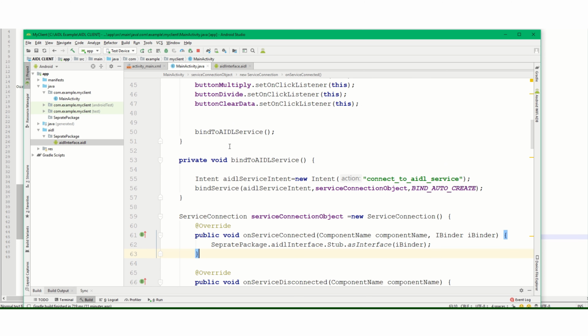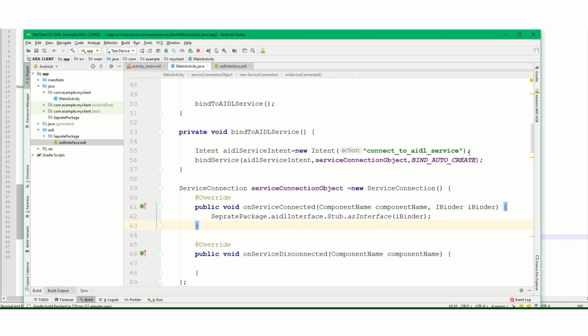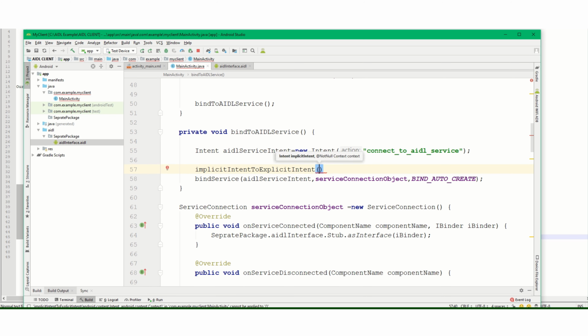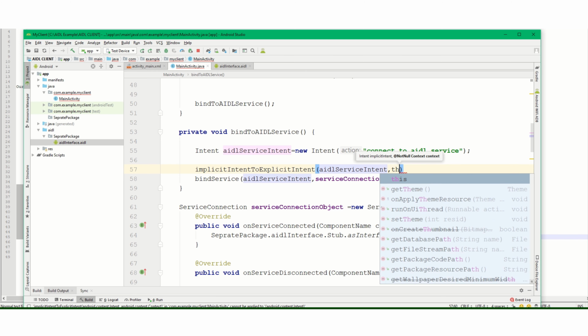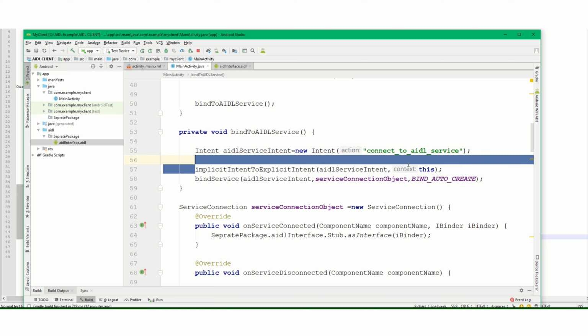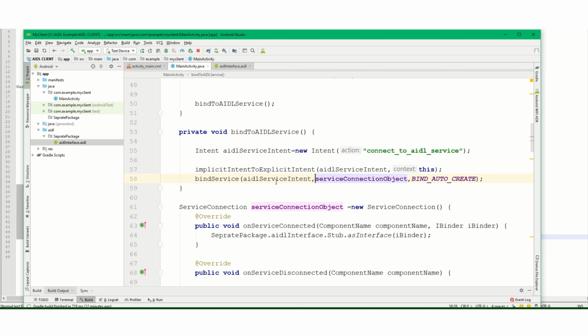Let's say here implicit intent to explicit intent, and the first parameter is our implicit intent, that is our AIDL intent, and the second is context. You can pass this here, and this will return the explicit intent.